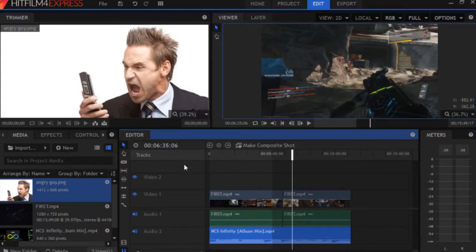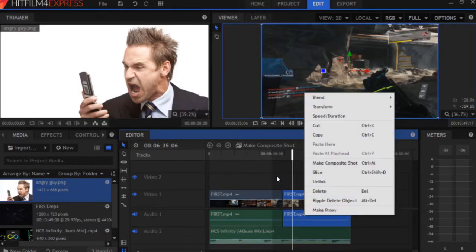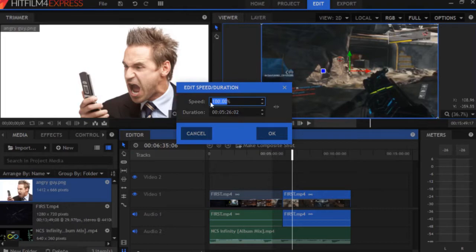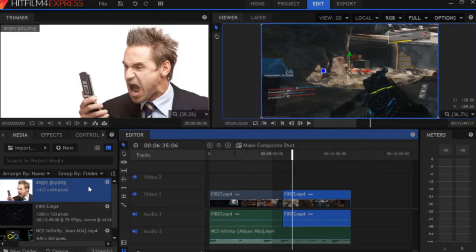You don't want to press new, that gets into the whole composite shot, which is when you want to add the effects of moving the clip or moving clips into the screen, or all of that fancy jazz, which I'm not going to cover during this, but you just don't want to mess with all this. But I guess you can mess with the speed or duration. That's kind of weird, because if you do it 200% speed, it's going to play twice, so you have to halve the time on the duration too. So if you want to mess with the speed there,